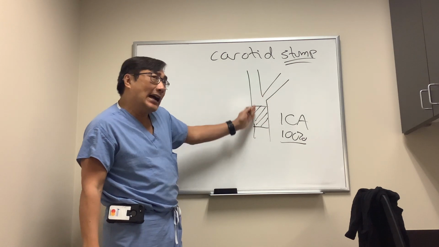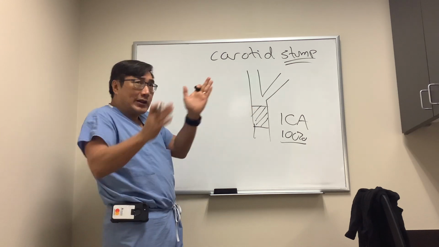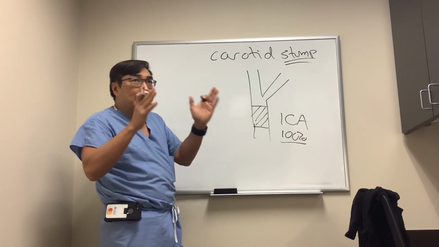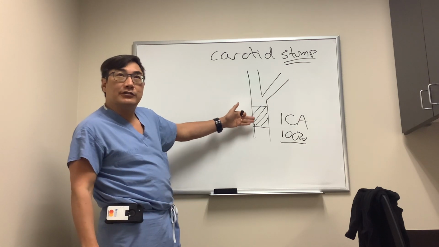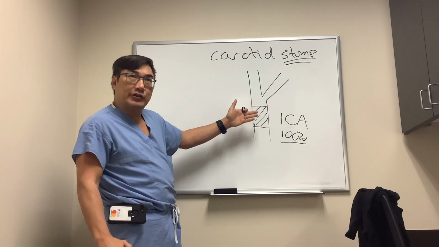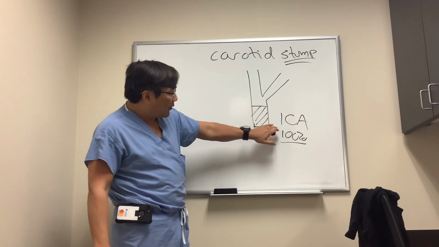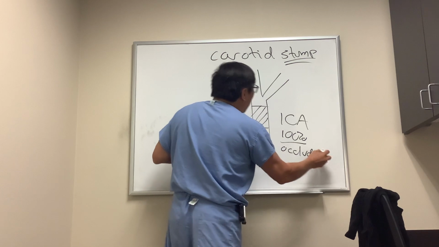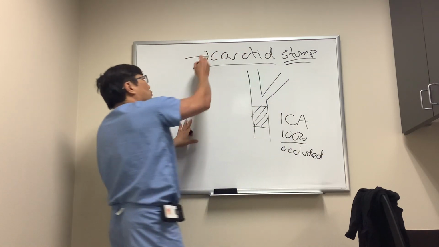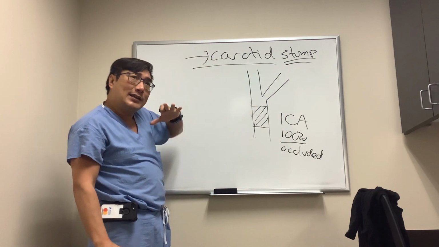If you've got 99% stenosis, or really 70 to 99, that's kind of the candidate for stenting or endarterectomy. And if it's critical stenosis and symptomatic, you might have to do the surgery or the intervention emergently. However, once it's 100% occluded, normally we don't have to worry about that. However, there is this one circumstance where you do have to worry about it, and the way it comes to